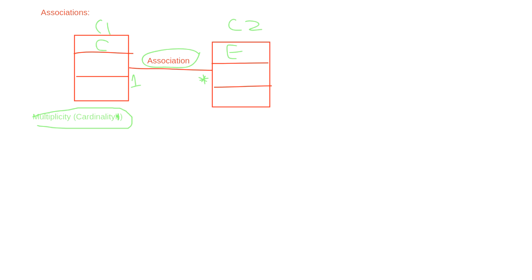Here you need to know some important information about multiplicity and cardinality. I'll show you in the diagram that there are different indicators here, and you need to know the meaning of each.